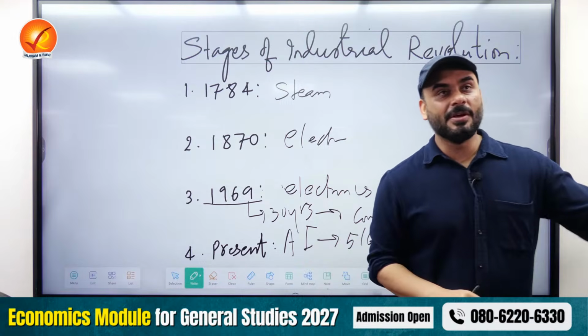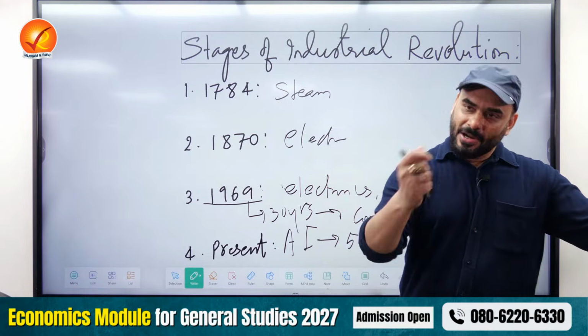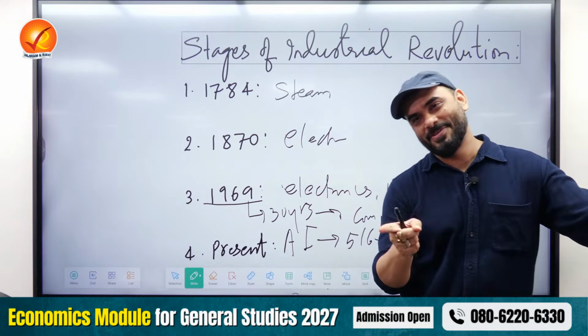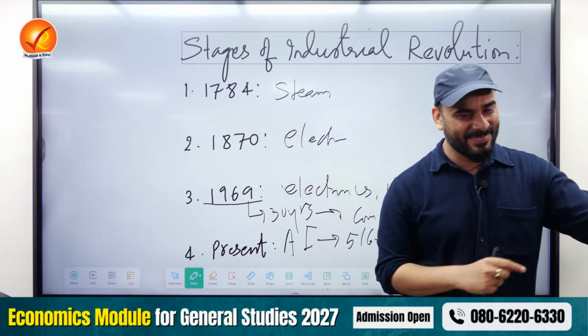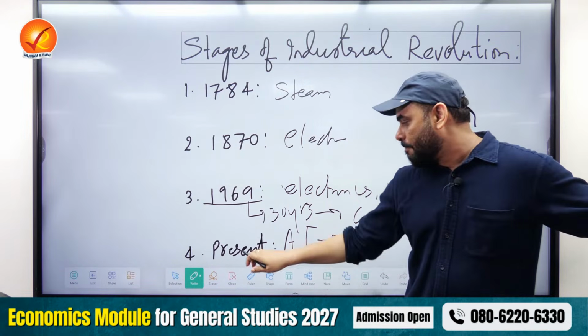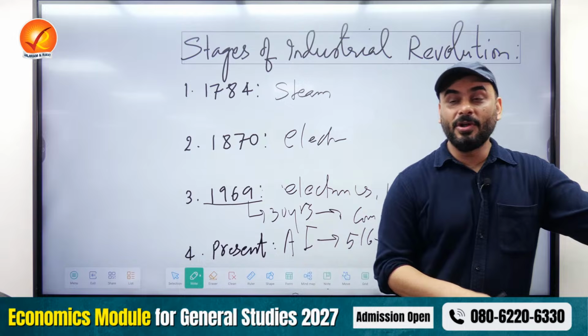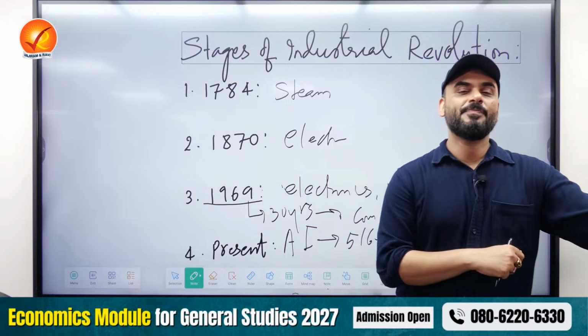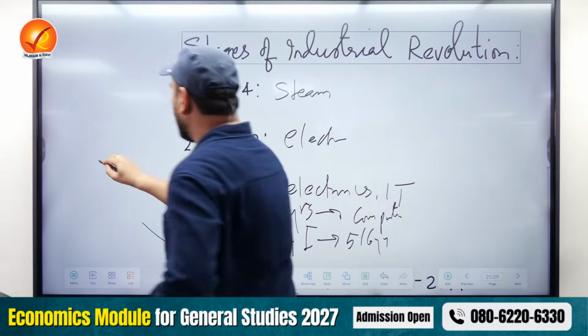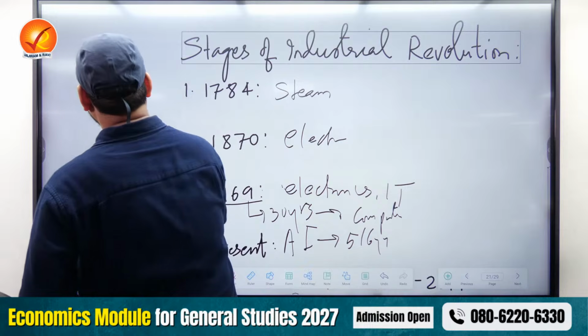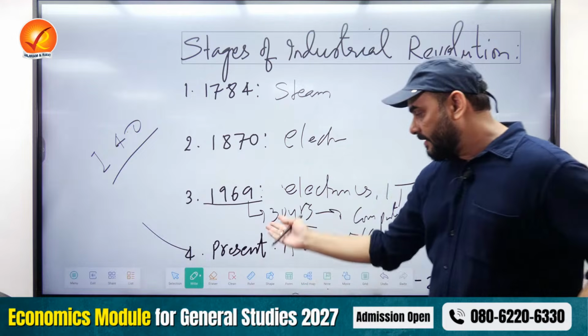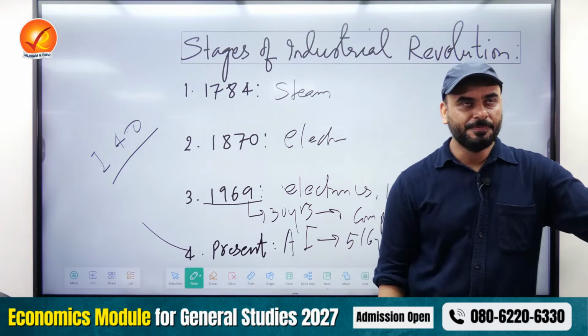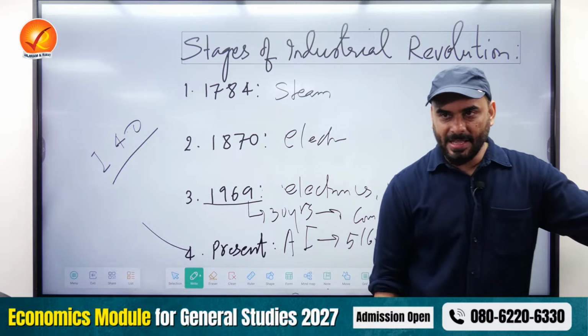Which means if something is spreading very fast, its good effect will also spread very fast. Its bad effect will also spread very fast. Challenges will spread very fast. So this present part, which is the AI part, is called Industry 4.0. So if anybody asks you, what is Industry 4.0? You can tell them that this is the present phase, which started 5-6 years back. That is Industry 4.0, where we are promoting AI, etc.